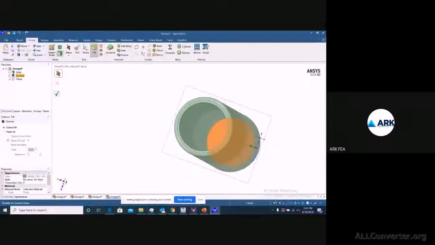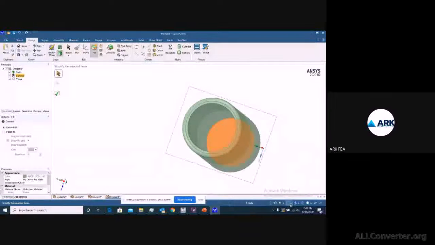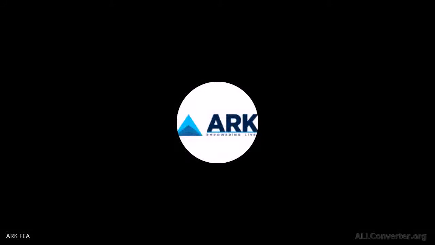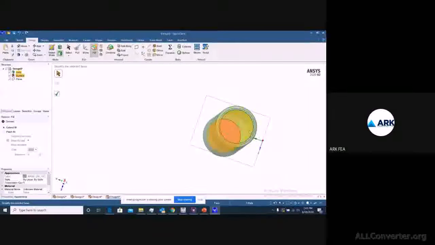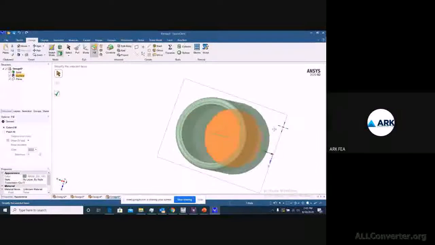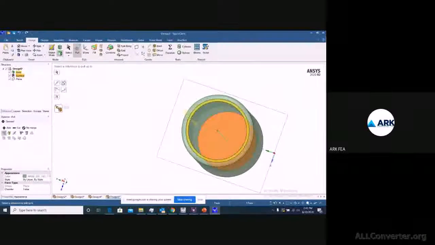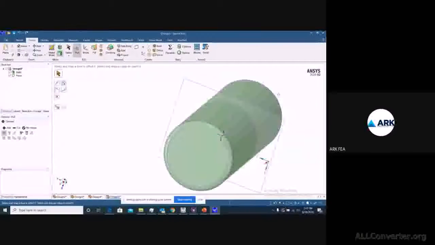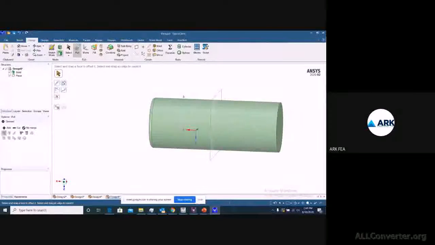You can use this surface as a reference, and if you don't want the hollow part or the shell kind of object, then directly go to pull, and you can add once again the same, that is up to, and provide a reference. So this has become a complete solid geometry.